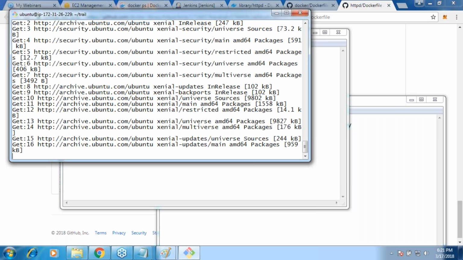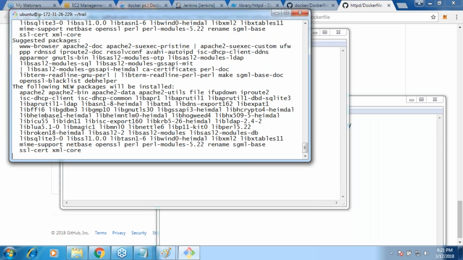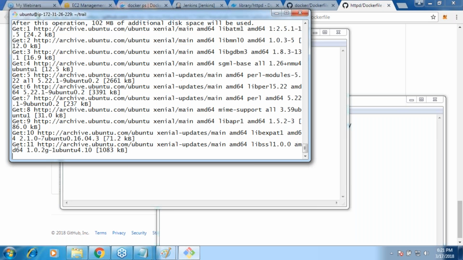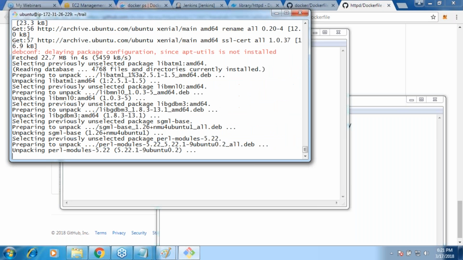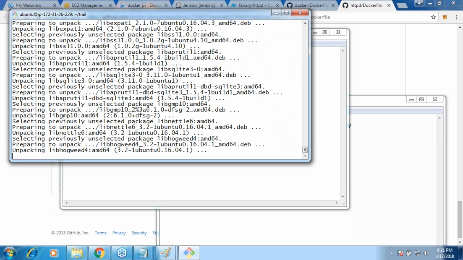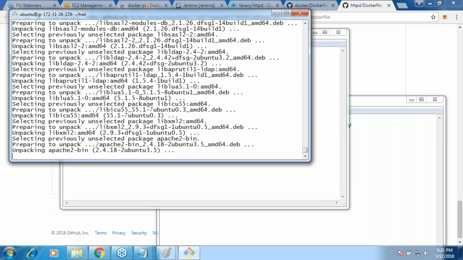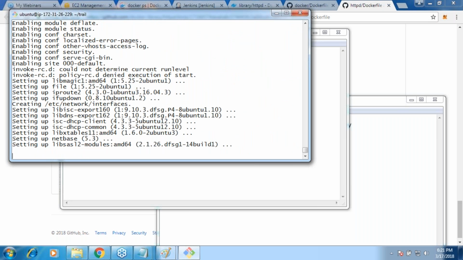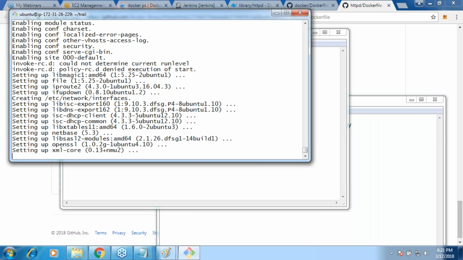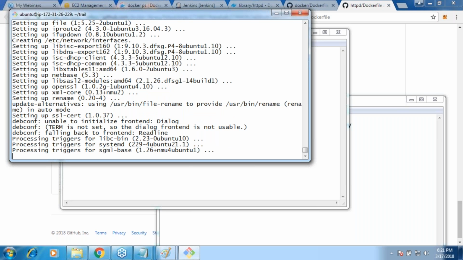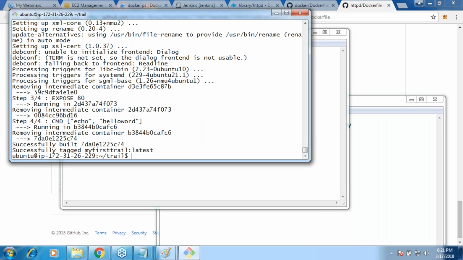Okay. If the image is built successfully, docker images should show my first trail, or whatever name I have given. While building the image, it will try to execute all the instructions which you have written. That's why, if you remember, one of you asked me this question: sir, the container was telling that it was created 3 seconds ago, but the image was telling that it was created 3 weeks ago. How is it possible? Because it records this time. The first time you build your image, the image will show this time.